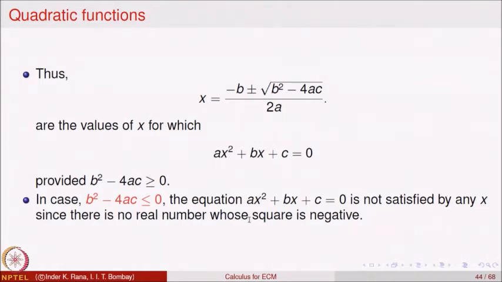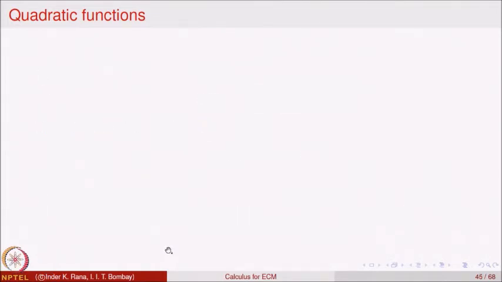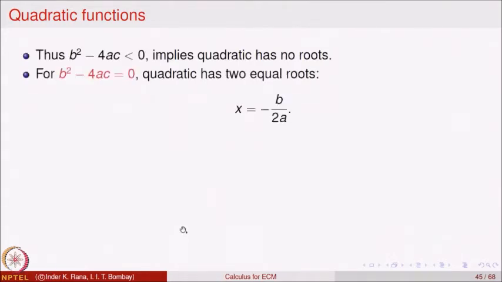So, for a quadratic ax square plus bx plus c equal to 0, if b square minus 4ac is less than 0, then no real root. Earlier I said less than or equal to 0, but that should be strictly less than 0, because if it is 0 then the root will exist. So, there is a small typo here: b square minus 4ac strictly less than 0, no root will exist, because then it is a negative quantity. So, no real root exists, this is okay here.